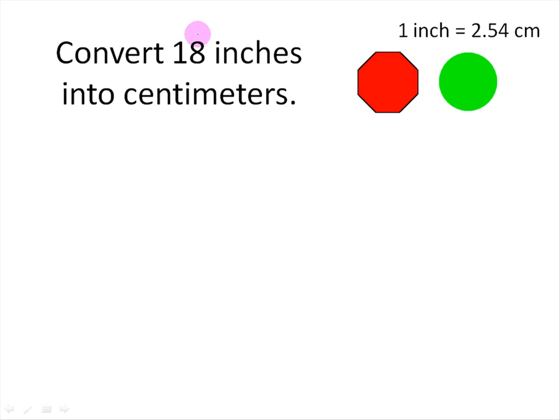Okay, convert 18 inches into centimeters. The hint, or the tip here, is that 1 inch is exactly equal to 2.54 centimeters. Click on the stop sign. Alright, we have 18 inches, and we want to convert that to centimeters. So we're going to multiply 18 inches, just for simplicity's sake, we'll make that into a fraction. We're going to multiply 18 inches times the number 1 with inches on the bottom. So it'll be 2.54 centimeters